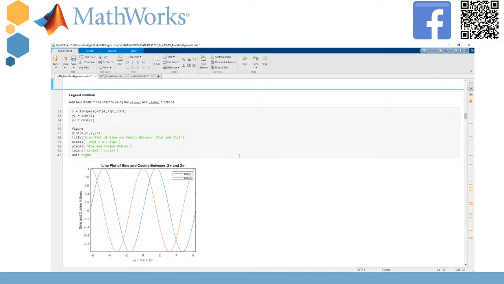We need, of course, to add a legend to our plot, to let the final user appreciate what we've done. So in this case, the command is pretty straightforward. We just need to use the function legend, and add as strings the text we want to show on our